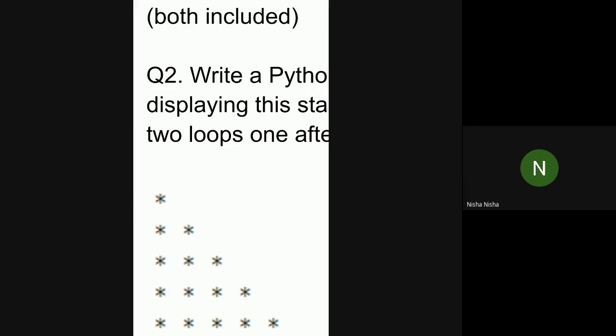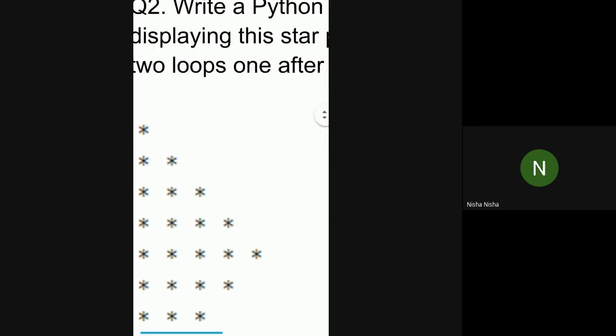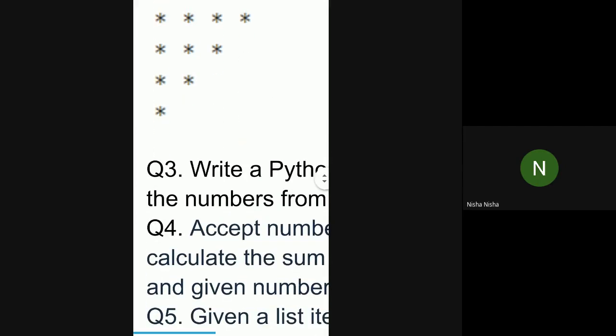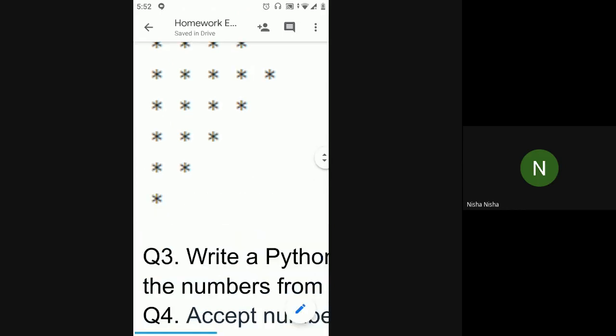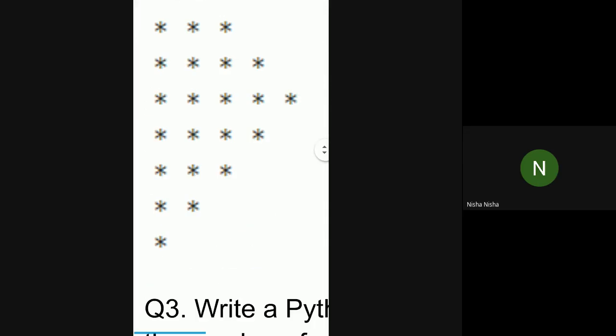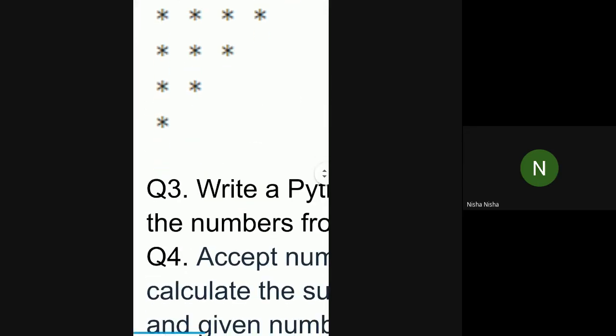Yes, ma'am. So this is what you print first. Okay, so you write a nested for loop for writing this part. And after this is done, you then write a for loop to write this part. Writing this part is also what we have seen today in the class. So yeah, you write two nested for loops, one for the above part, the ascending part, and one for the descending part.